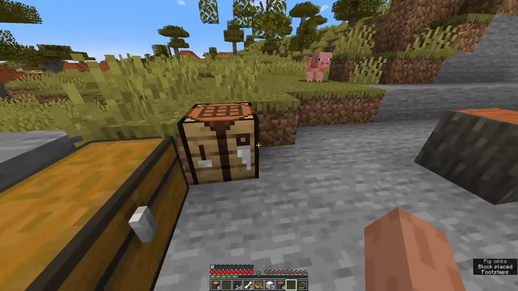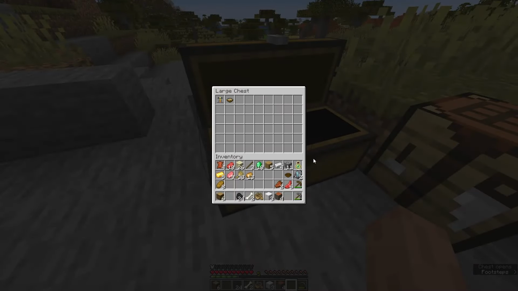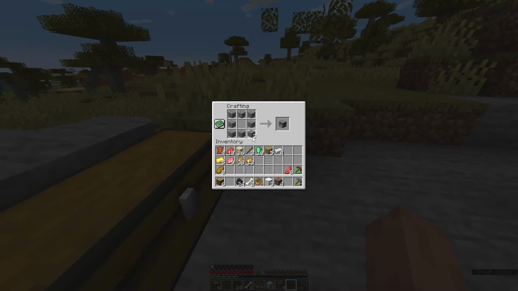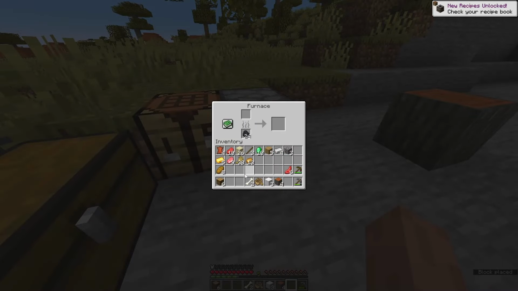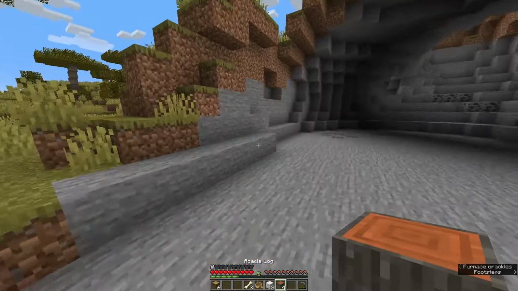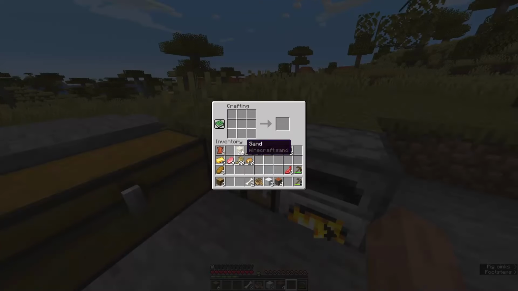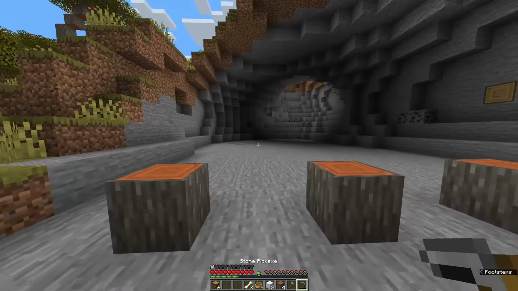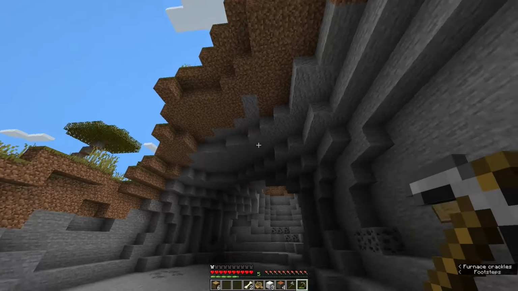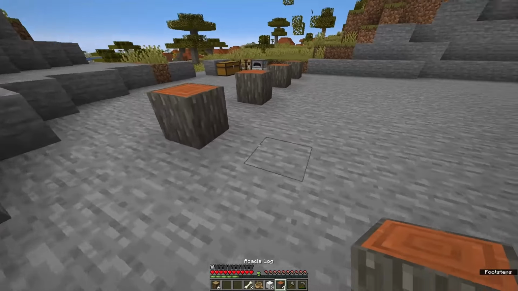Put one of these down and put this in to get a furnace going. Okay, and I'm going to need such an absurd amount of wood, but that's fine. For now, that's fine. So I think if we go up 6 and then down to like